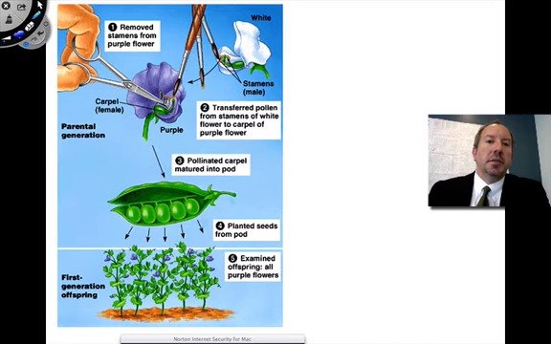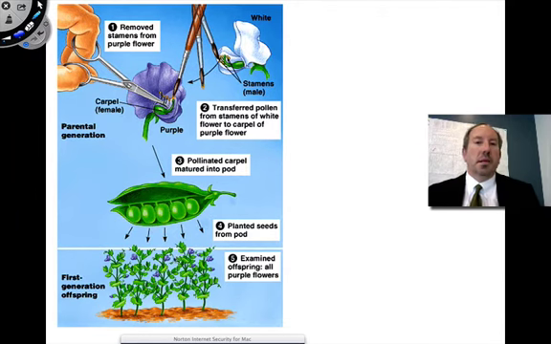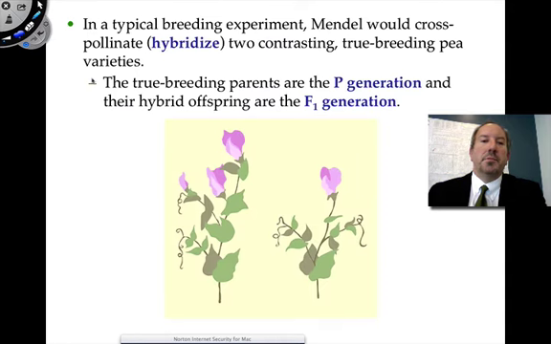So what he could do is take some pollen from one plant and put it over here to the other. And this way you're transferring pollen from one plant to the other, and then the pod is going to form. And then you take the seeds and grow them, and that's the first generation, or the F1. And then if you let these plants reproduce, you would have an F2, and you have an F3, and you keep going with that. And so typically what Mendel did was he